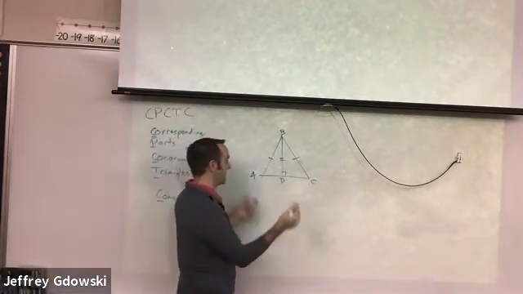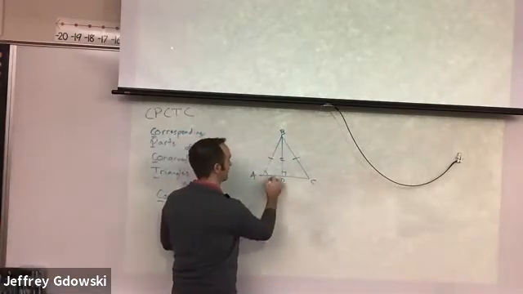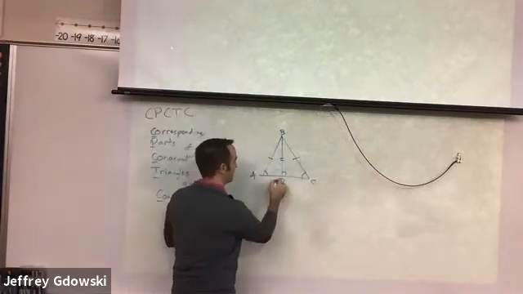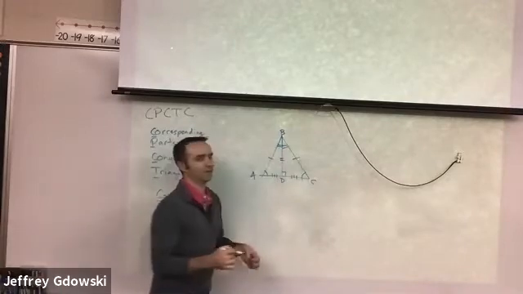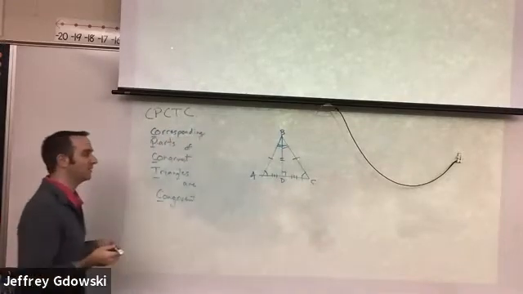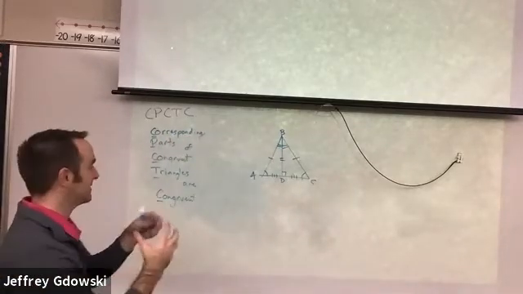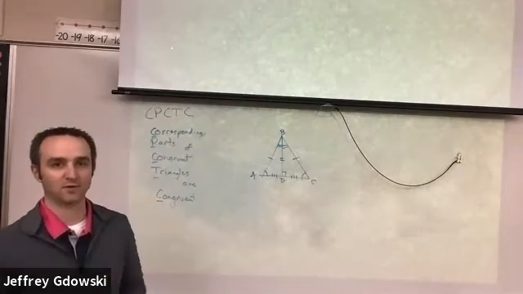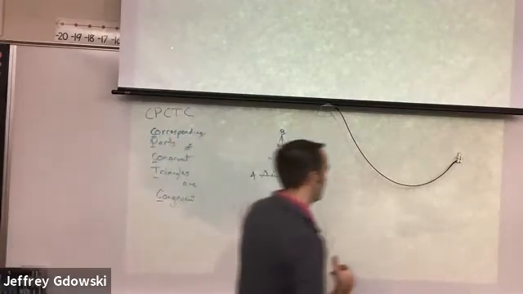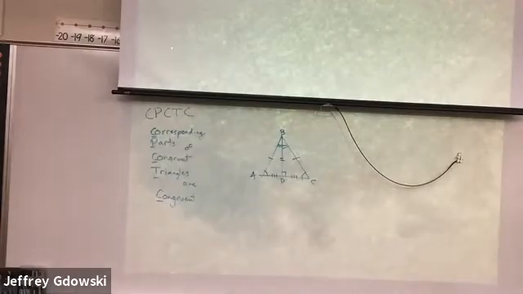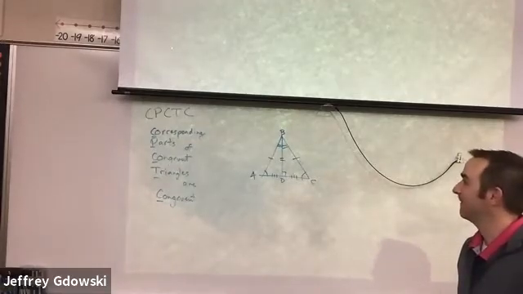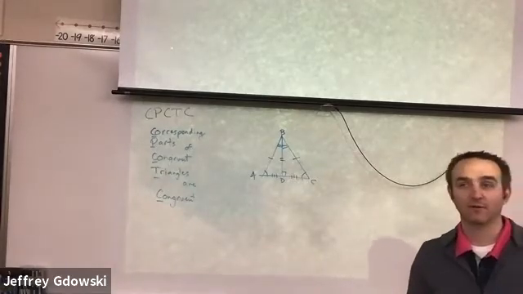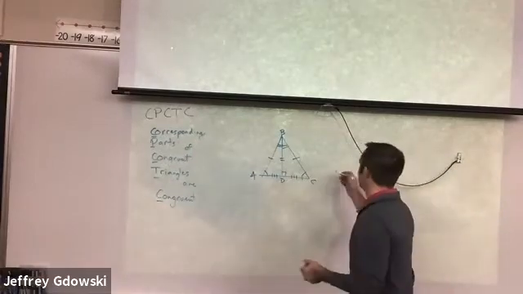Okay, so we can now say, because we know these are congruent, we can say that these two are congruent. I can say that these are congruent. I can say that these are congruent. So once I know that the triangles themselves are congruent, I can say all the other pairs are congruent as well. That's what we're looking at today. So your reasoning would be CPCTC. What would your actual equation be on the left side? It depends on what they're asking for, right? What you're trying to prove today,